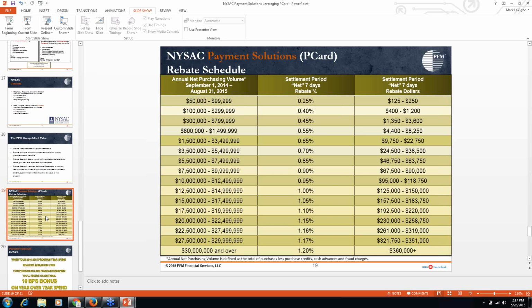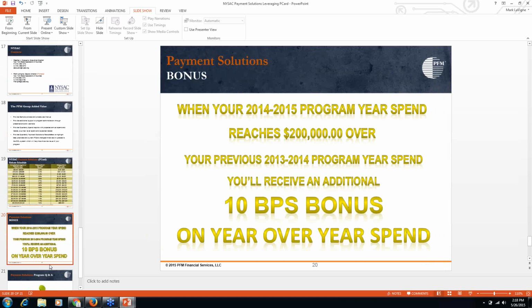So on the schedule now, Kelly, we have in front of the listeners here, we have the rebate schedule up. Can you walk through the rebate schedule here and again emphasize why our program is different than the other bank type programs? Right. Well, with the rebate schedule that you're seeing here, there's also another thing that we offered last year as well as this year for the program year: an additional 10 basis points if the client spent $200,000 more this year than last year, and last year from the previous year. There it is. And so it'll even add an extra 10 bips to your earnings at the end of the